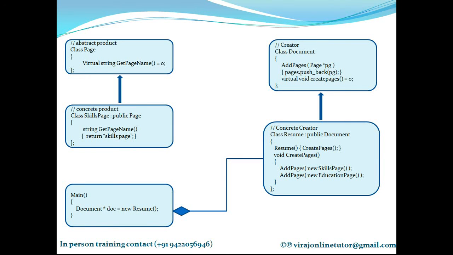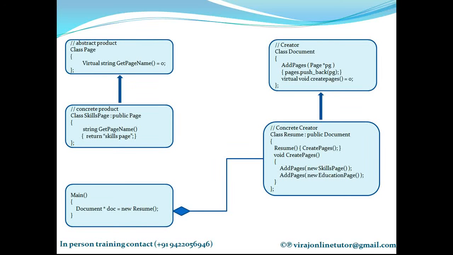Because the client anyhow doesn't have the data with which to initialize the object, right? So after creating, if you want to initialize the object with data which only the factory has and which the client doesn't have, then it's best to use a factory method. Let the factory method create the required object and initialize it also, because the data is not available with the client. So when you want to create the object and get it initialized with data which is not there with the client, use this pattern.